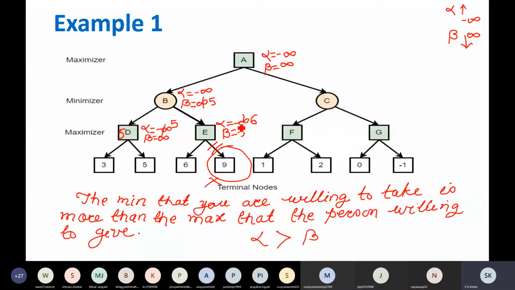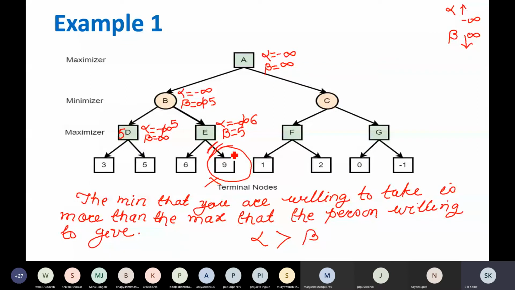Alpha means the minimum that this E is willing to take is more than the maximum that the other person is willing to give. That is beta. So alpha is greater than beta. So in that particular case, you have to stop the search. Therefore, I have proved this branch. Revise this part at home again.